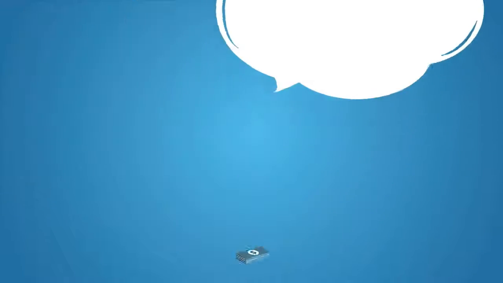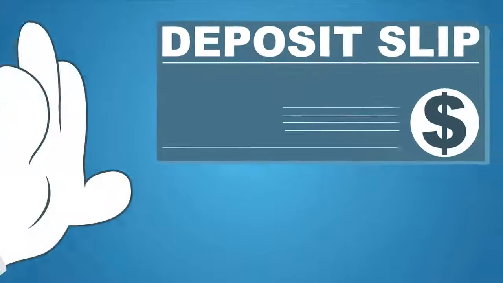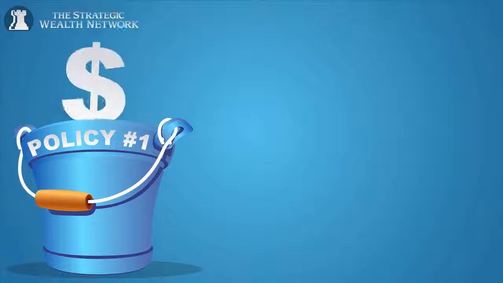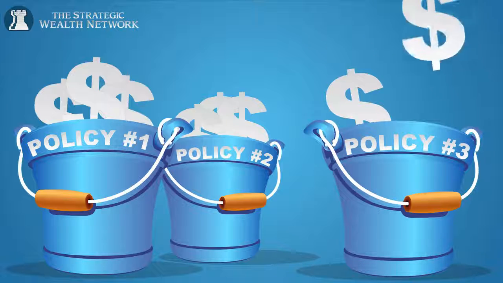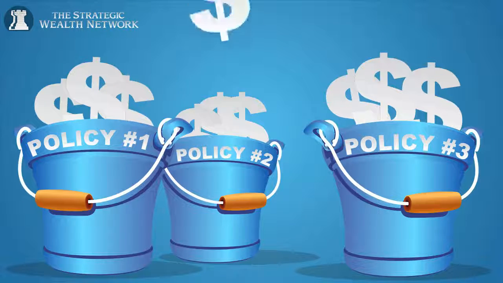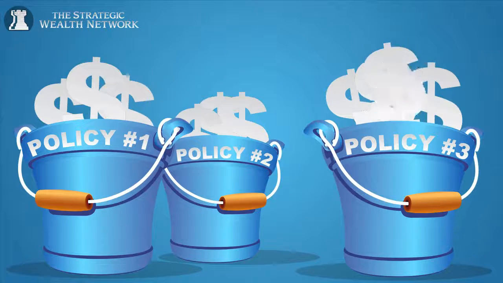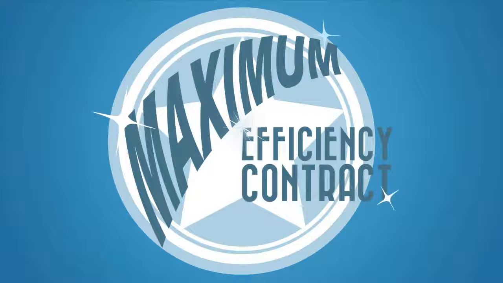At this point, we need to understand that the government will always take their part before anyone else in any financial strategy. Given our financial partner is the government, the tax code puts limits on how much you can deposit into each reserved capital account. But the tax code does not limit how many reserved capital accounts you can have. We currently have clients that are enjoying the benefits of multiple reserved capital accounts. We prefer to structure our accounts as maximum efficiency contracts that try to avoid all future tax consequences.